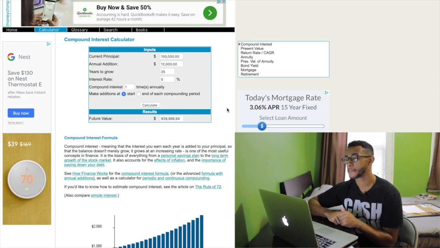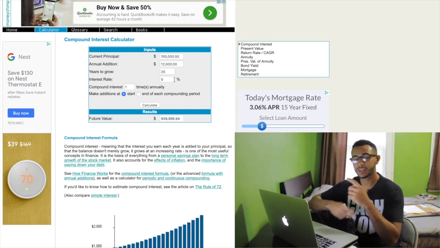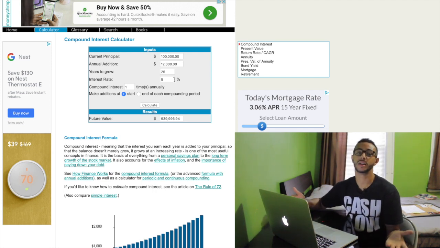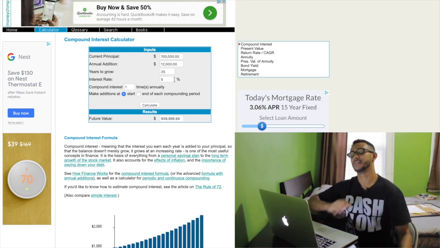If you asked me, we started at $100,000. We're adding $12,000 over 25 years at an interest rate of 5%, and we're close to $1 million, which sounds crazy. And it just, compound interest is that buddy that helps you. When you put in, they're gonna help you put on top of that, and it just works like that, on top of, and this is what Warren Buffett does every single day, every single year. Everything is compounded.